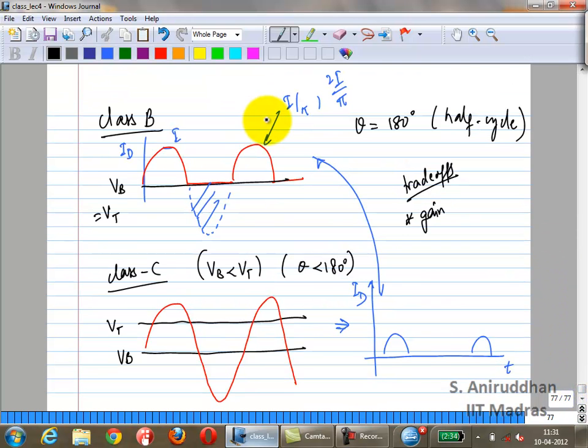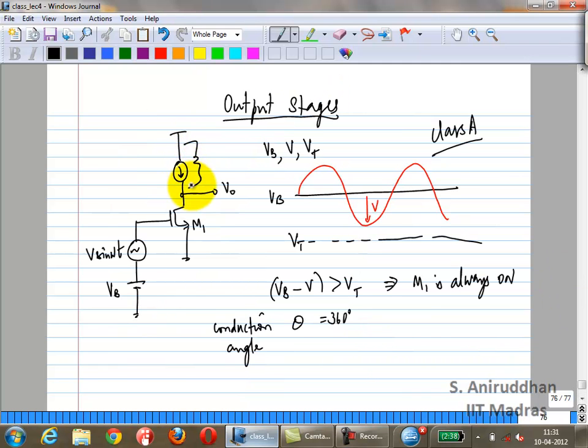When you do this homework, when you find out the first harmonic of the current, that multiplied by the output impedance, in this case, let us say you had some RL, I mean you could have some RL here also, okay. That multiplied by RL would give you your output voltage. Now if you divide that output voltage by your input voltage, or rather, if you take the output current and divide it by the input voltage,